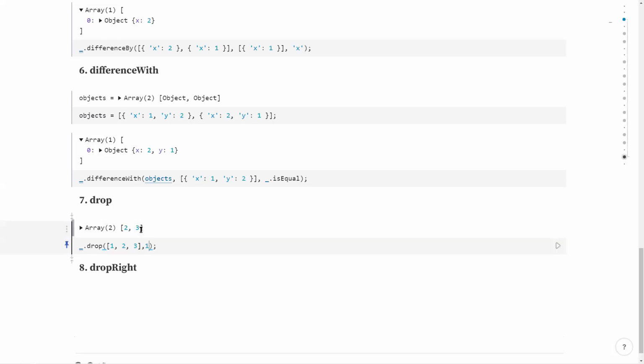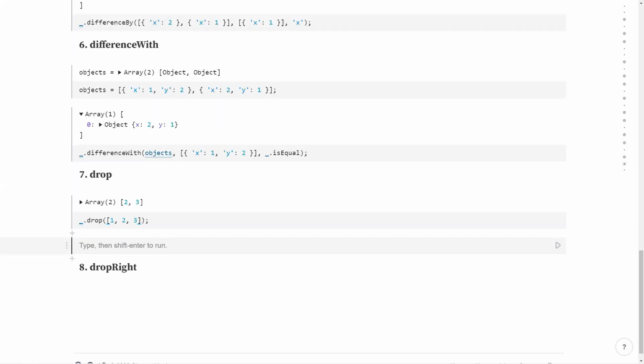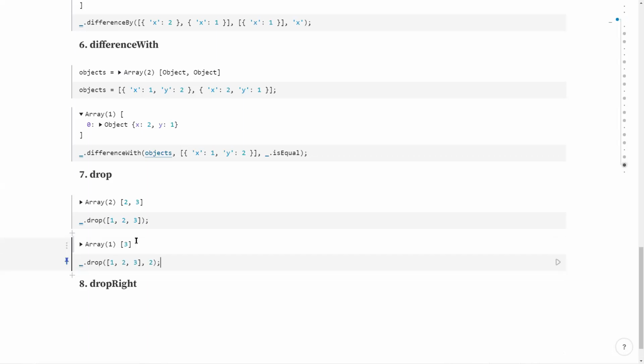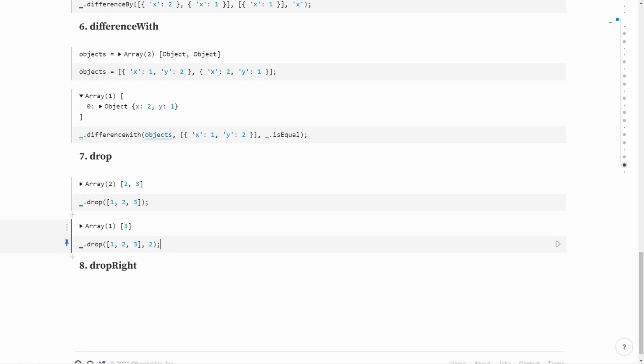So if I say 1, then it will drop one element from the front. And if you don't specify any value as the second parameter, it will be understood as 1, default 1. So if we take this and we say we want to drop 2 elements from the front, we should only expect 3.